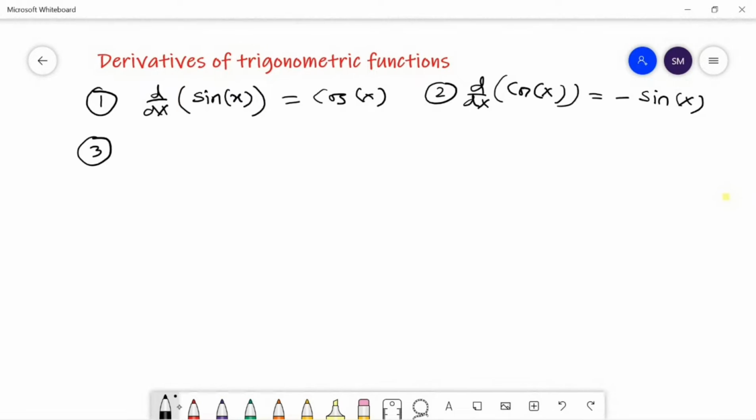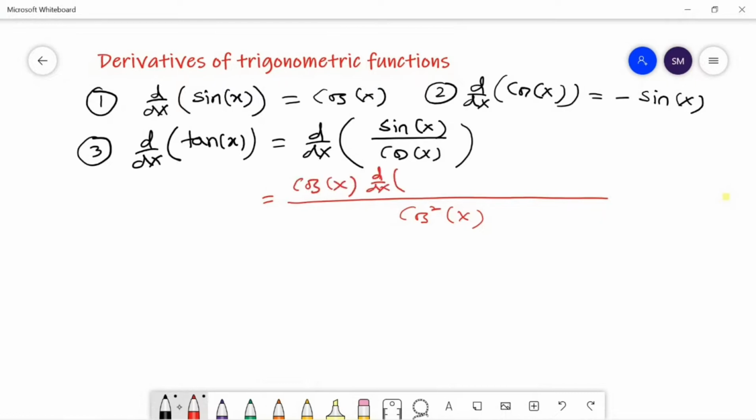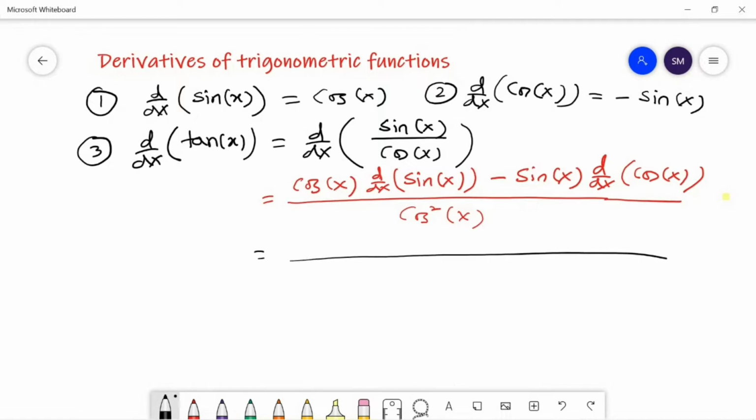Now, using these derivatives, we are going to find the derivative of tan x, which can be written as sin x over cosine x. Now we'll apply the quotient rule and find the derivative of tan x. So by the quotient rule we have cosine square x, cosine x, derivative of sin x, minus sin x, derivative of cosine x,